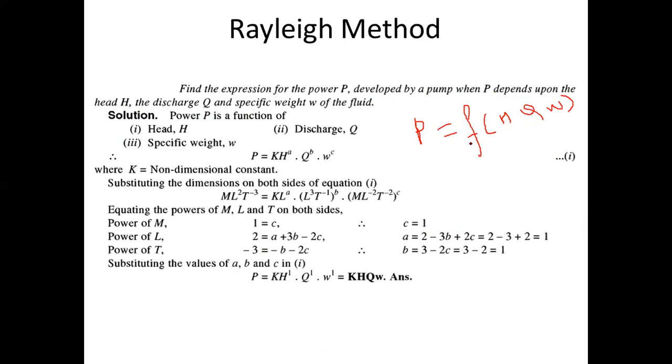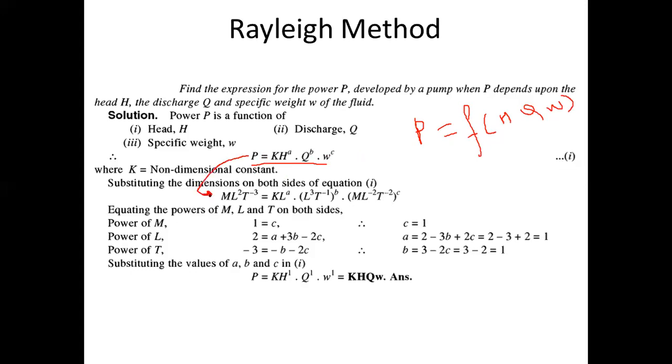But in this question, like in the last question where there were two independent variables, here we have three independent variables. So what do I need to write? Again, I will write it in the same form: the dependent variable on the LHS is equal to some constant, times the first parameter h to the power a, the second parameter Q to the power b, the third parameter w to the power c. Now my task is to convert this relation into fundamental dimensions.